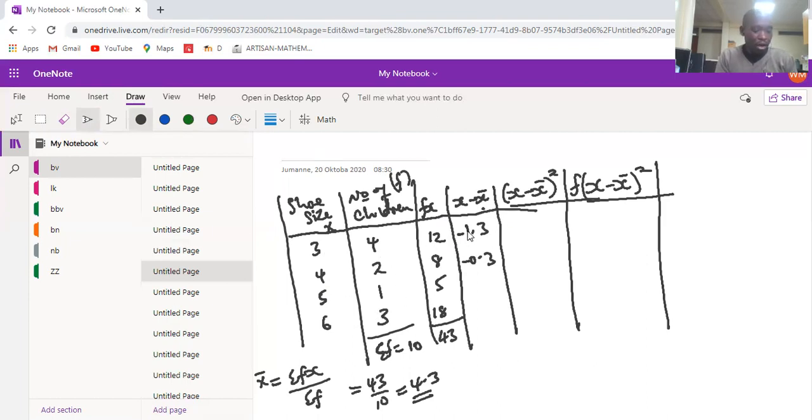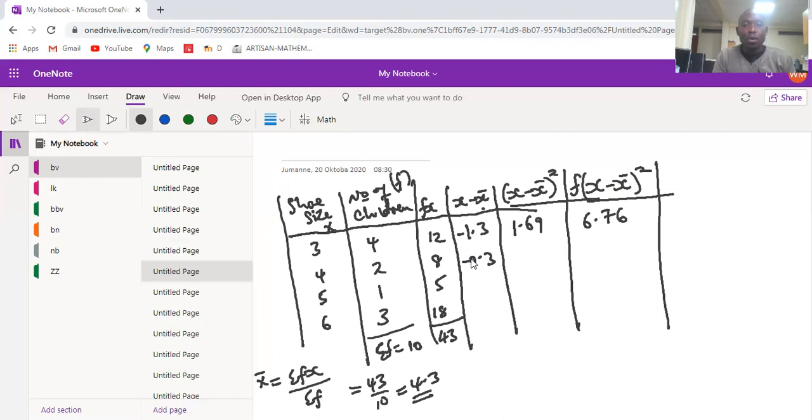If we square that, you get it is 1.69, because this is x minus x bar squared. So you square the value you have for x minus x bar here. Then the value that we have here now, which is x minus x bar squared, we multiply by f, which is 4. So 1.69 we multiply by 4,